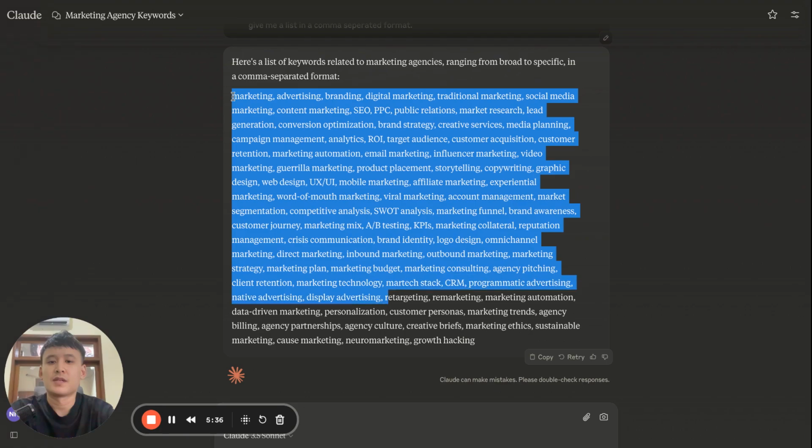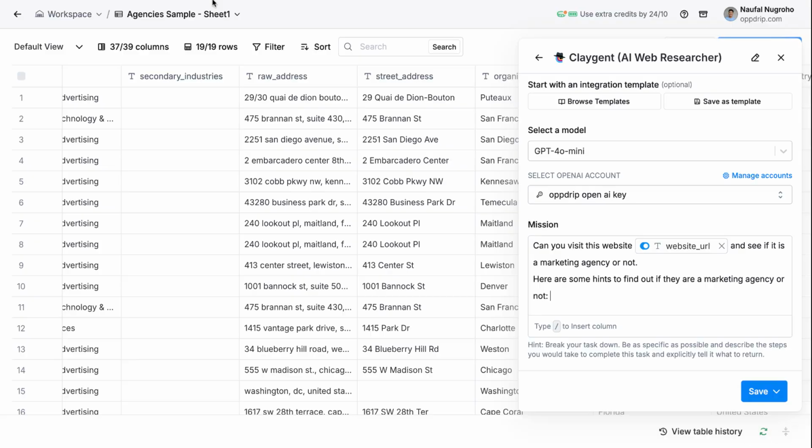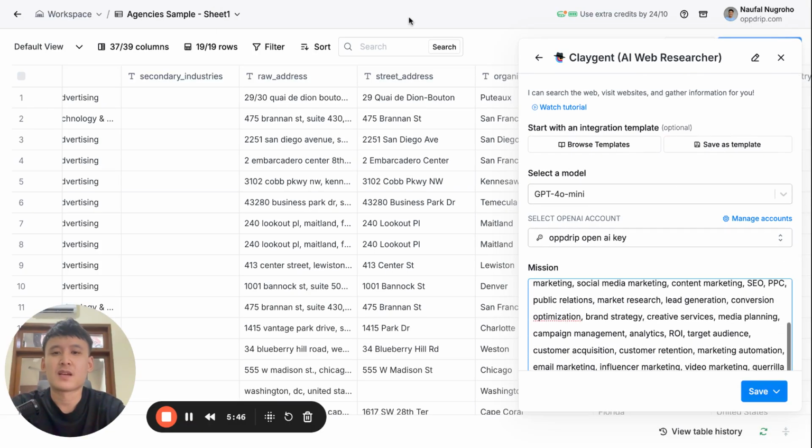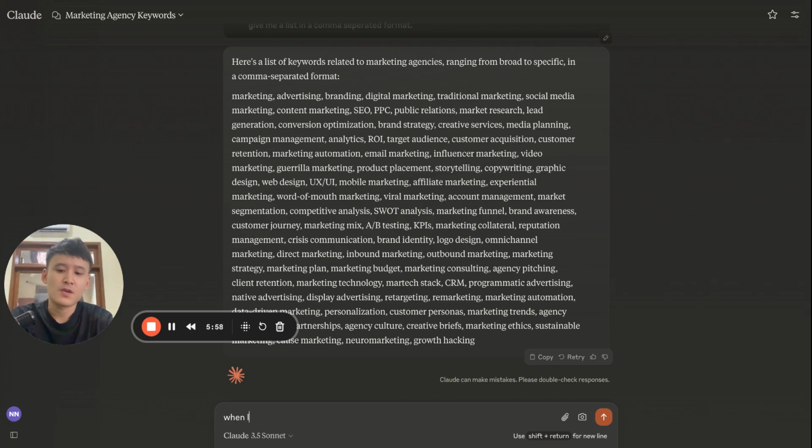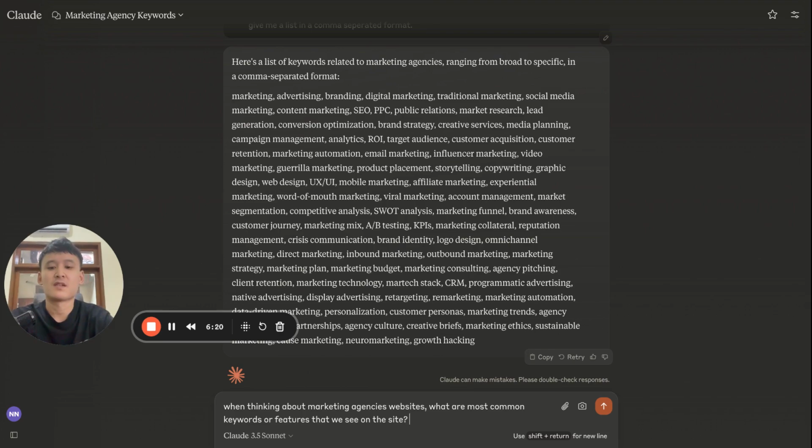You could also give it other stuff as well. So these are keywords, and let me do another one. You could be like, let's see, when thinking about marketing agencies' websites, what are the most common keywords or features that we see on the site? For example, case studies,